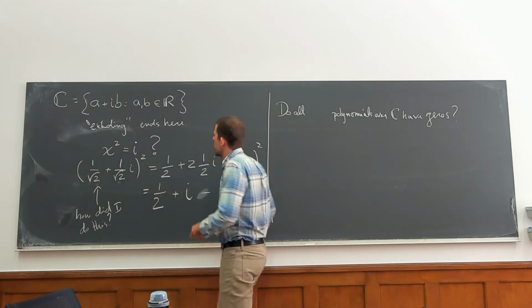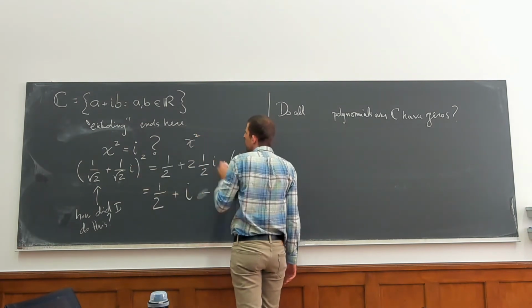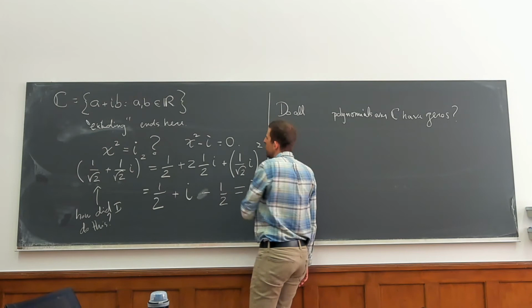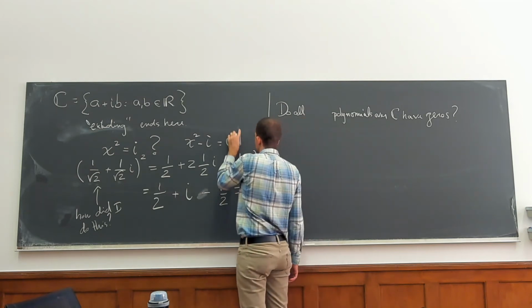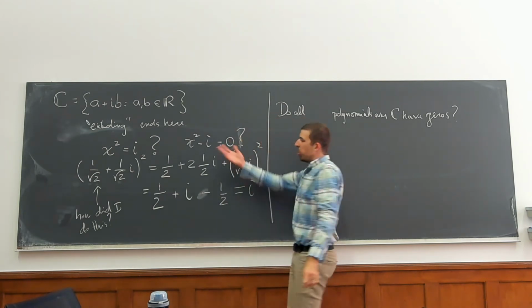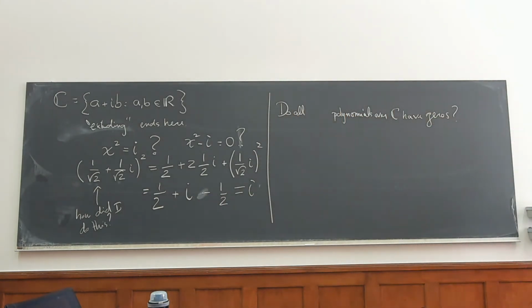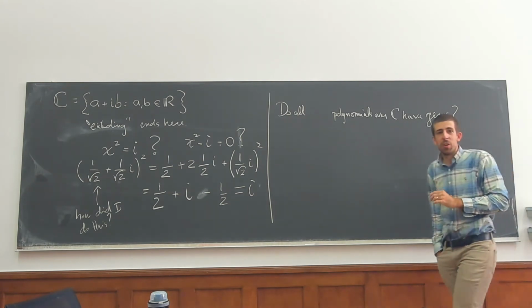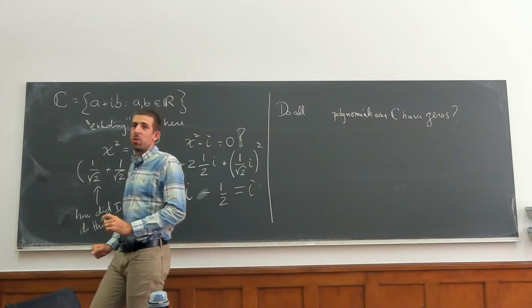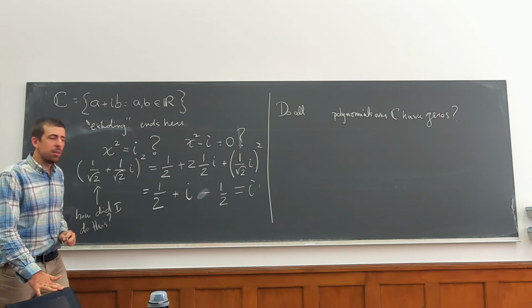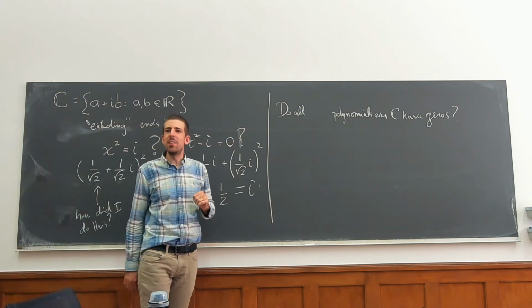I wrote this equation this way, but I could have written it like this. A polynomial equation having a solution is just the same thing as some other polynomial having a zero. So now I can ask this question. This is definitely not true over the reals: x squared plus 1 has no zeros. This is also not quite true as stated,